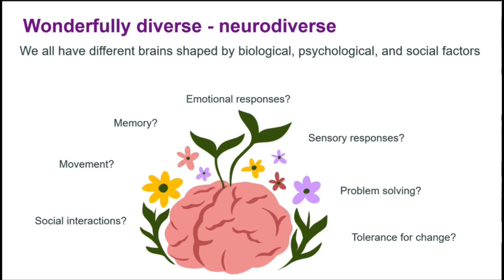So we're really focusing on those individual differences between us as humans and the way that the diversity in the way that our brain processes information feeds into those individual differences that we see between all the people that we interact with on a daily basis. So the way that our brain processes social information, emotional information, the way that we might problem solve to be able to understand the situation that we're in, our memory capacity, etc. All of these aspects are part of our individuality and that make us who we are, and that's really crucial in understanding the differences between us as humans as well.